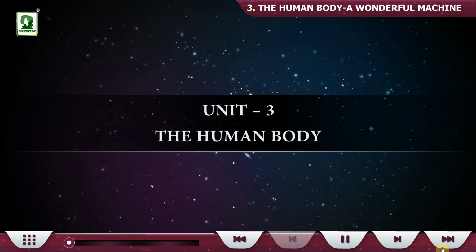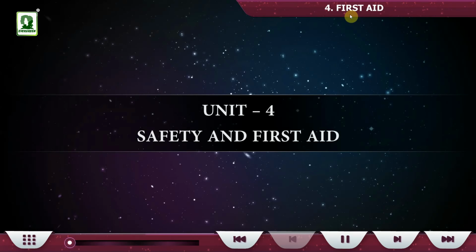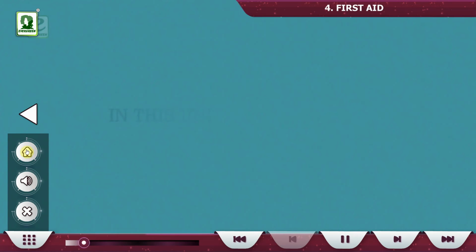Unit 3, the human body. Unit 4, safety and first aid. In this unit, the student